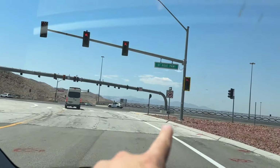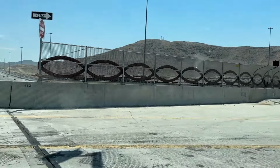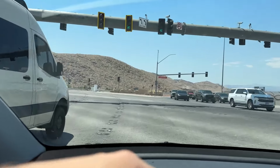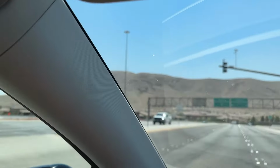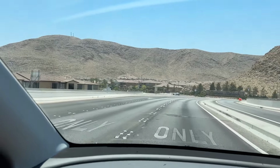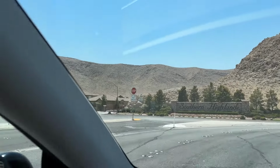You can see Red Rock Canyon over there on the other side of Summerlin. Down in the southern part, we have these mountains over here, and then we have them on each side of the valley. It's a beautiful day today, with only 113 degrees. You can see right there on my watch, 113 degrees, so quite something, I would say. Over to the left, we have those Pulte communities. I think I missed the exit, but